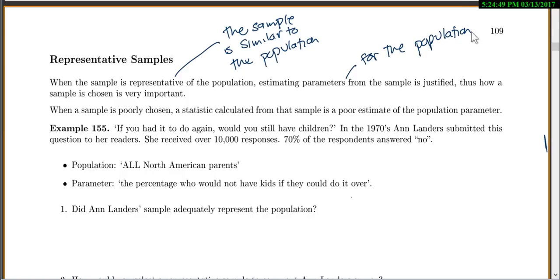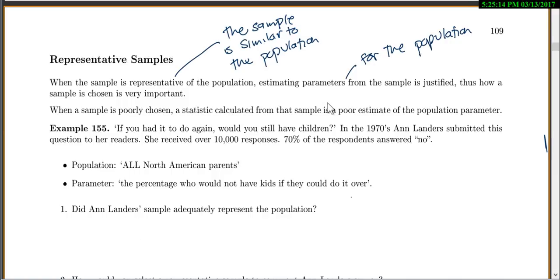So if we wanted to try and figure out who was going to vote Republican in the next election, or what people were going to vote for in the next election, but I only went to a small town that had all Democrats and took my sample there, would that be representative of everyone? No. Okay. So you want your samples to be similar to your populations. If a sample is poorly chosen, then any statistics you calculate from that sample are going to be poor estimates